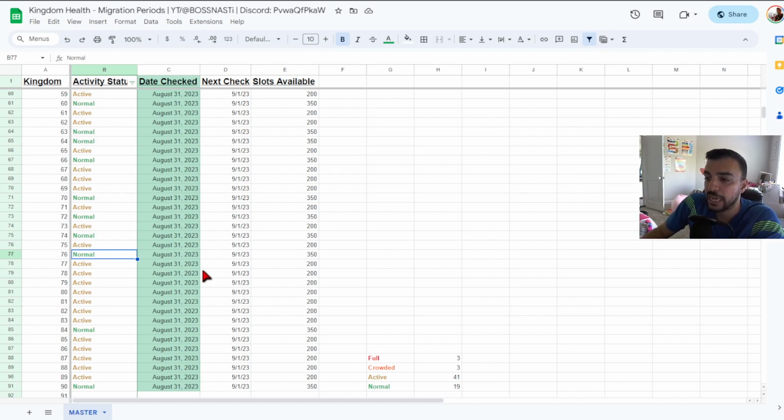Why? Because if you have kingdoms that have different true activities, it doesn't make sense to have a flat slot open rate for migration, right? If Kingdom 77 has 1,000 players, okay, 200 makes sense. If 78 has 800 active players, then why isn't this 400, right? Because remember, one of the things they talked about in their announcement post, which we're going to show off here,